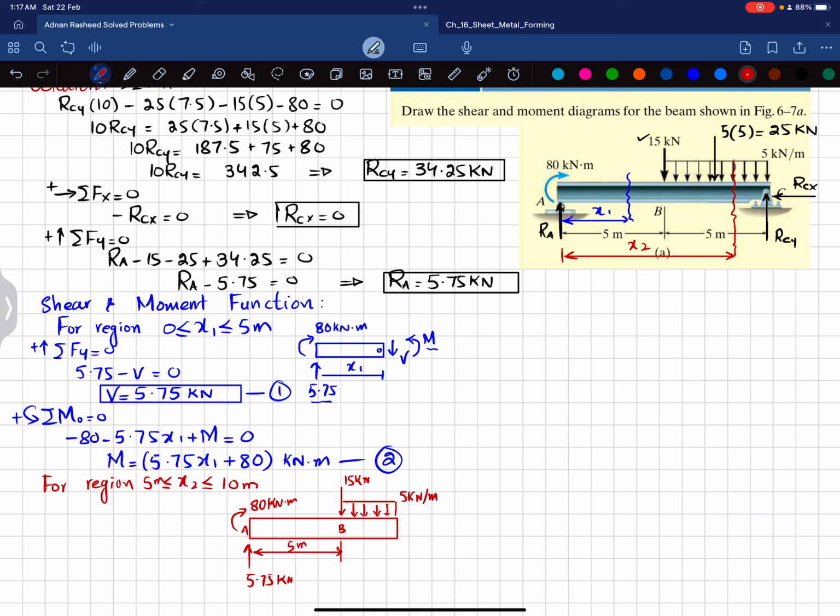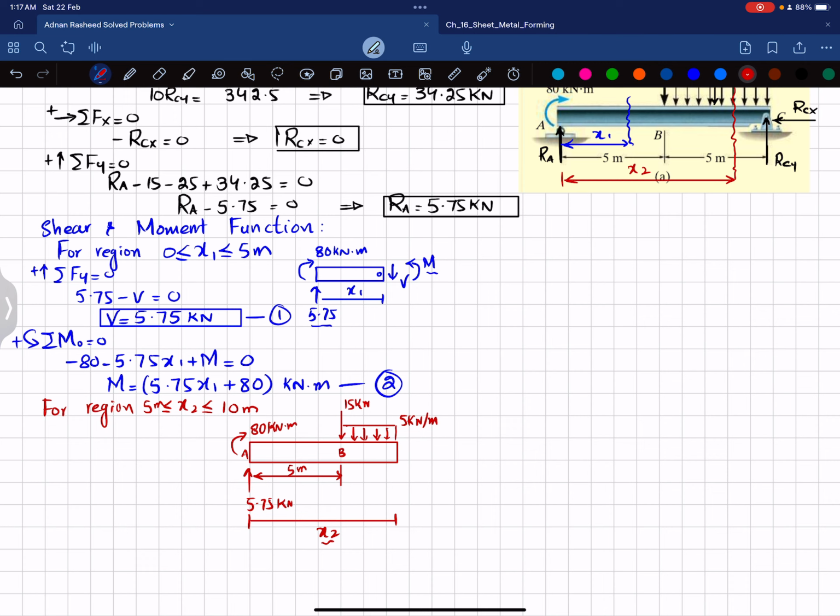And the total distance which we have taken from this till this was x2. So this is x2 and this is 5. So the remaining distance will be equal to x2 minus 5 meter. Okay. And when you cut it, you will be having a shear force which is V downward and